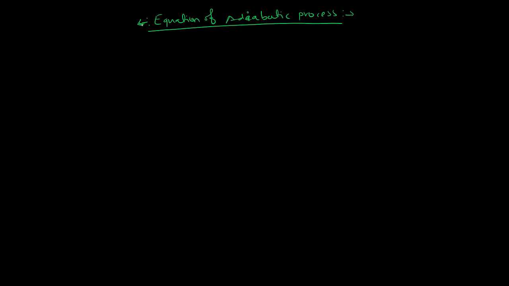We must know the ratio gamma, Cp by Cv, and the first law of thermodynamics, dQ equal to dU plus dW. We must know this equation, and after that we can solve for the equation of adiabatic process. Okay, now